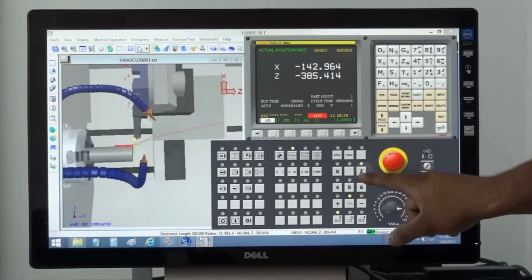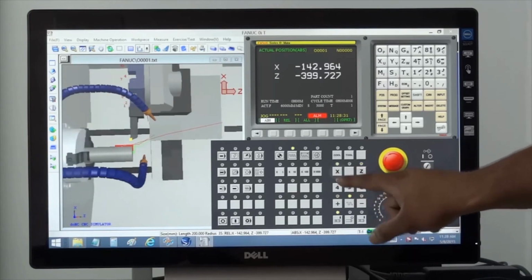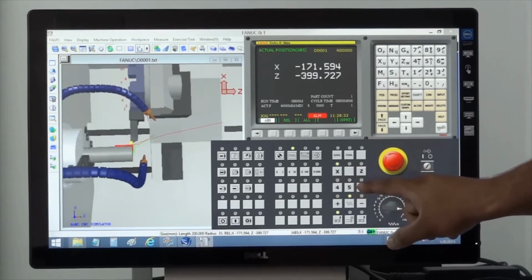First set the Z offset for the tool by taking a light cut on the face of the part.